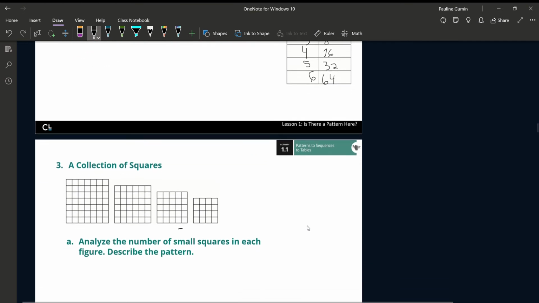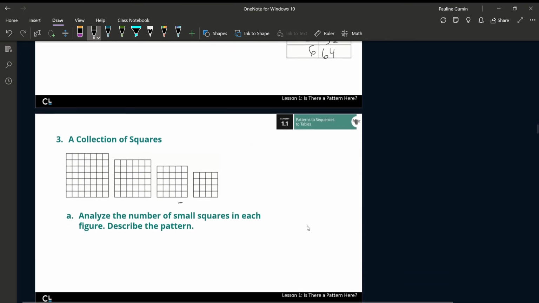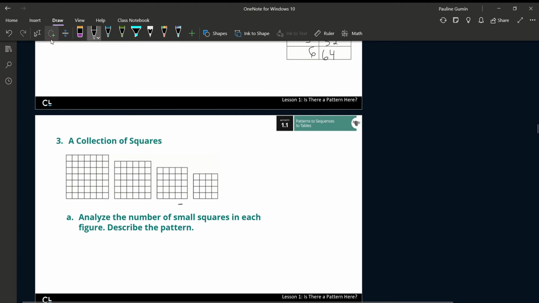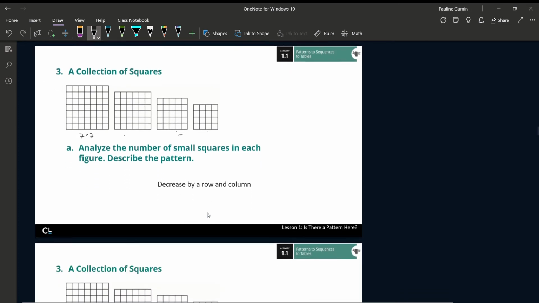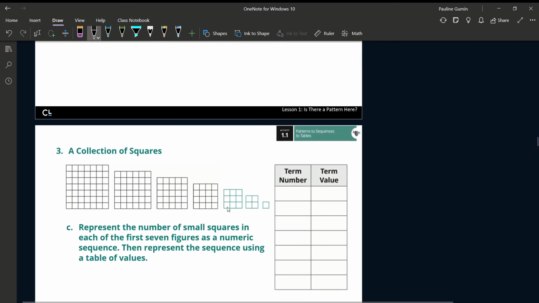The next pattern we have is a collection of squares. Take a look at those squares and see if you see a pattern. Hopefully, by looking at it, you can see that they decrease by a row and column. This first square is a 7 by 7. The second one is a 6 by 6, 5 by 5, 4 by 4. So here are the next 2 figures, a 3 by 3, 2 by 2, and I know it's silly, but